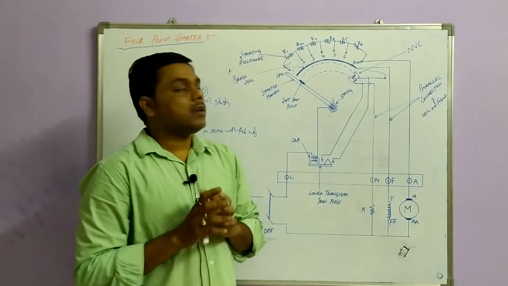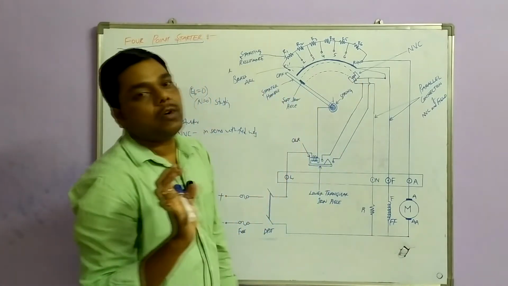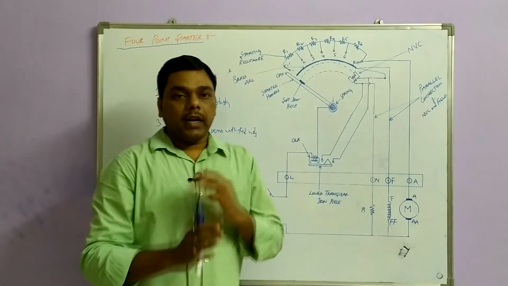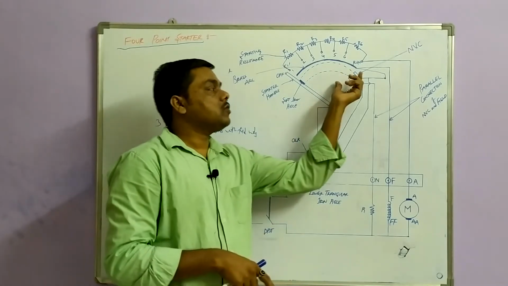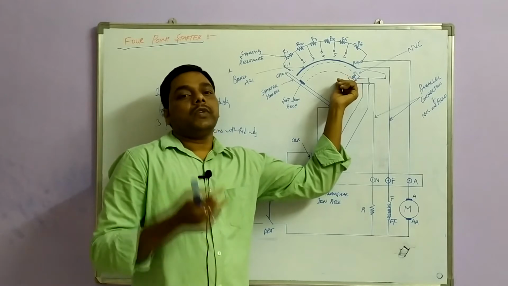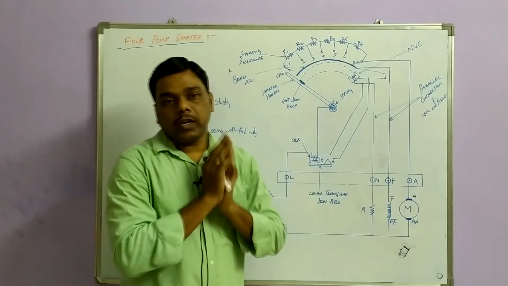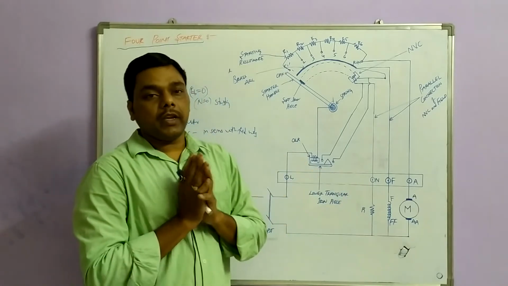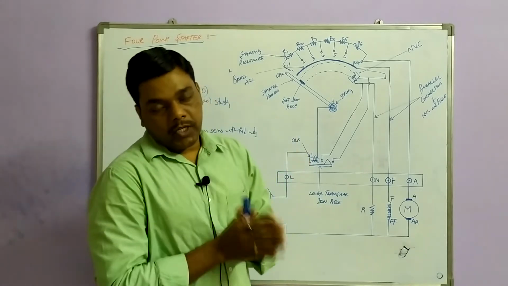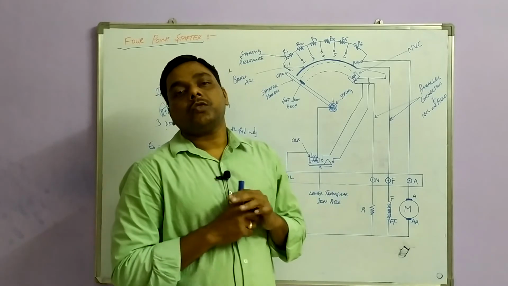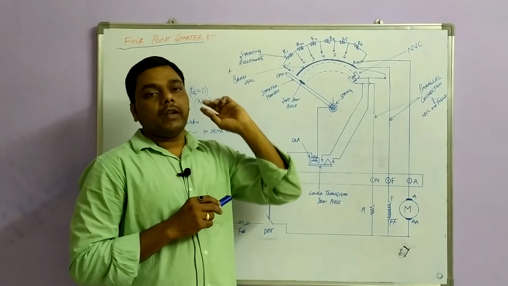In the 3-point starter, you can see here the field winding and the no volt coil are both connected in series. So the current flowing through the field winding is flowing through the no volt coil. When the field winding current is 0, the no volt coil is demagnetized, so that your motor is in a safe condition. Why? If the field suddenly opens, the speed of the machine is going to increase to a very dangerous speed. So that's why we connected the no volt coil in series with the field winding.